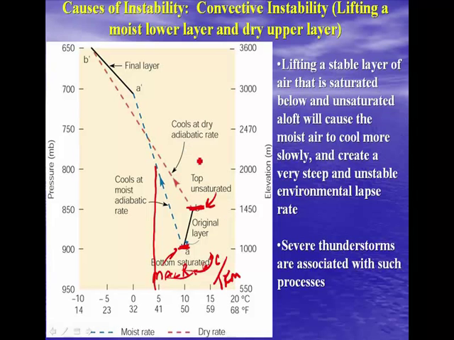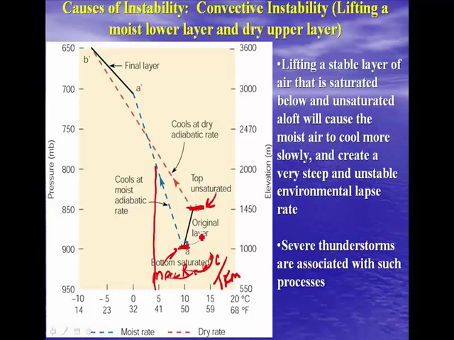I'm sorry, it goes from 1450 to 2450, which would be about 2 to 3 degrees. And so it decreases 10 degrees Celsius per kilometer. And so the situation here is that we have the top portion of this layer dry, the bottom portion moist, and so we have moist air at the surface, we have dry air aloft, and we take this and we